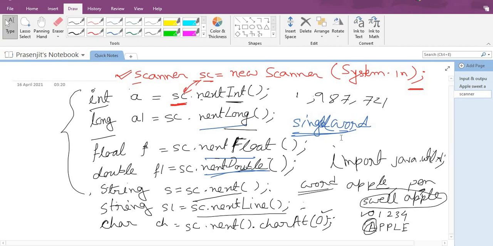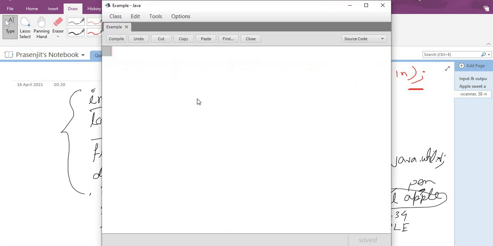So I'm writing here import java dot util dot star. Then I'm writing the class, class example. In class example we are writing the entire program.